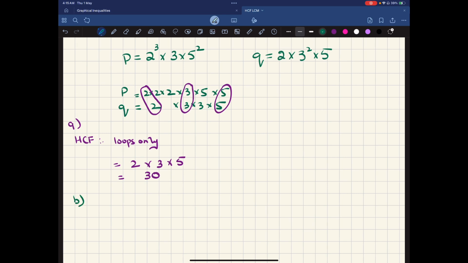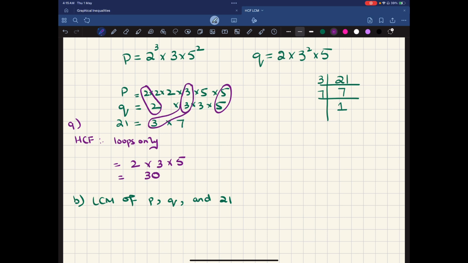Find the lowest common multiple, LCM, of P, Q, and 21. Okay, so we have P and Q. Now we are going to express 21 as a product of its primes: 3 into 7. Okay, and let's first formulate the loops. Okay, so this is one loop, right? And then we also have